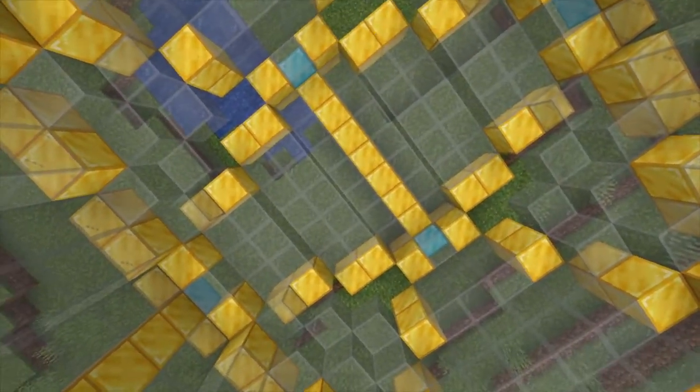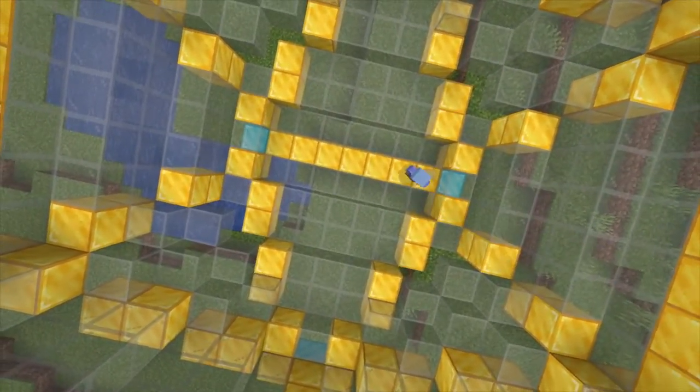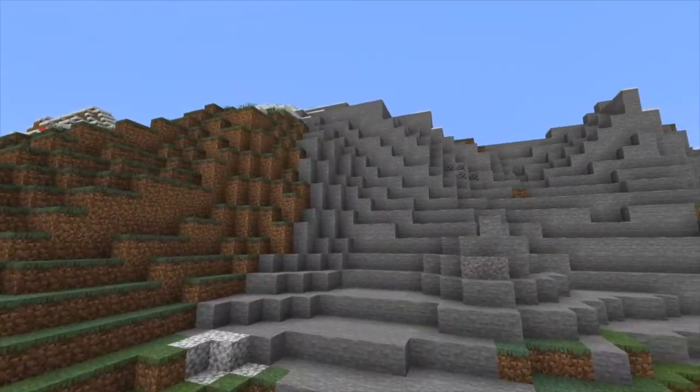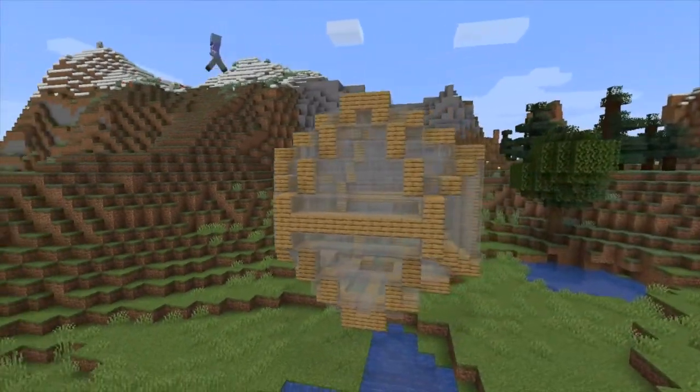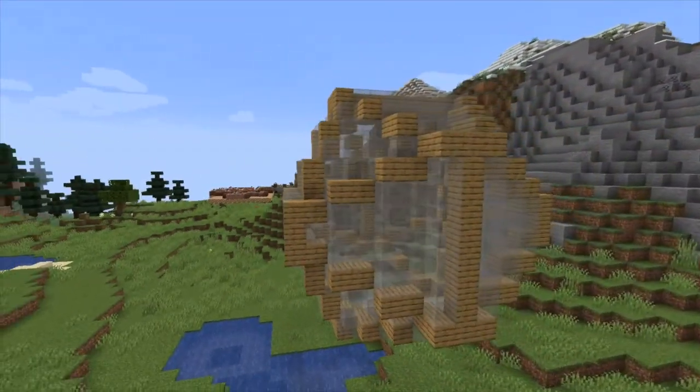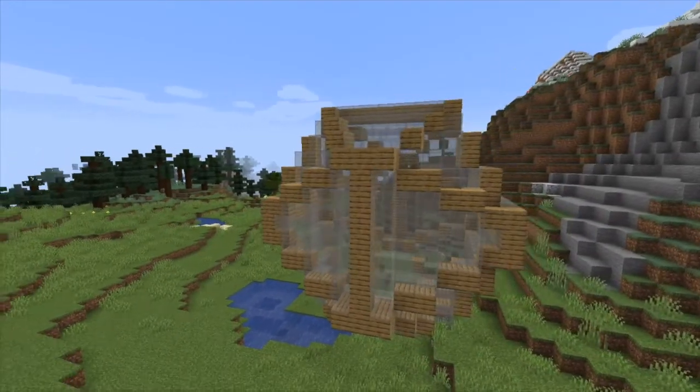Step 23, then copy that over to the other side. Awesome, now you're done. Why you decided to build an icosahedron in Minecraft, I don't know, but enjoy it for whatever you choose to use it for.